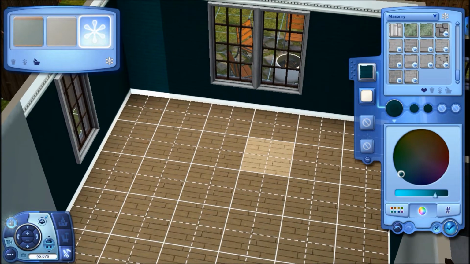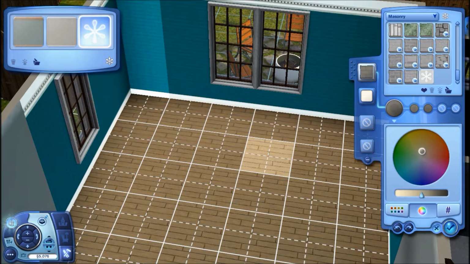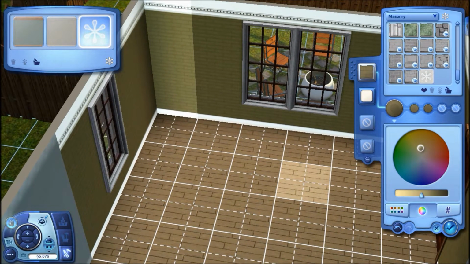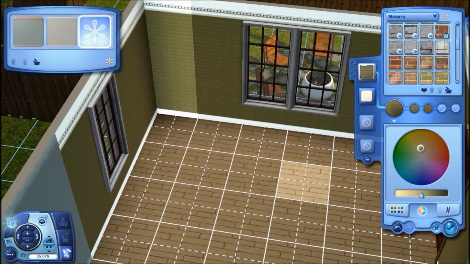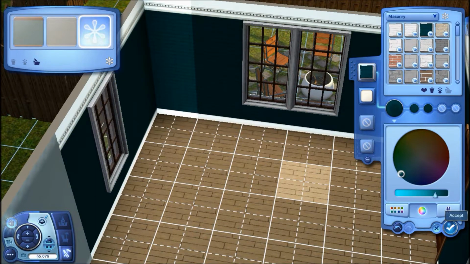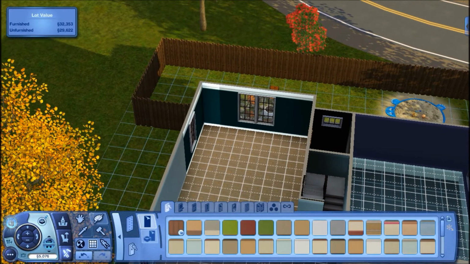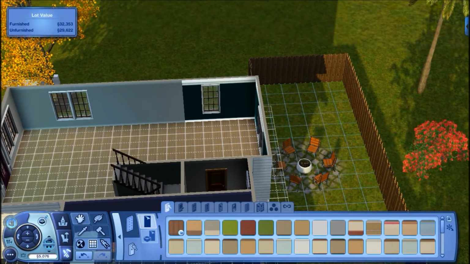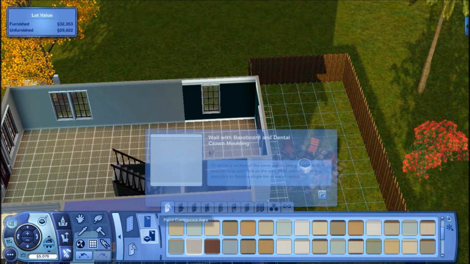Okay, so I found something I kind of like. I'm liking this color. I think I'm just going to blade it a little bit. It is a masonry. It's just a plain white one that I got off of Katie, but I'll see if I can find it. But you can use base game ones for this too. They all work quite nicely. It is this dark blue kind of thing, and I'm just going to leave it the natural color it came. I'm wanting to do a bit of a pop of color, and then I'm going to use that same